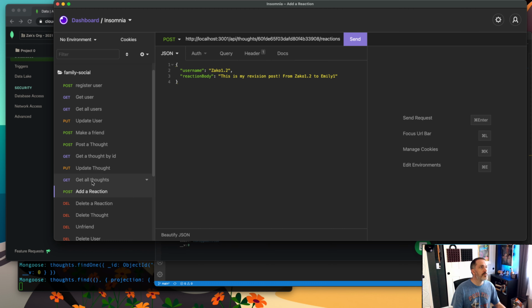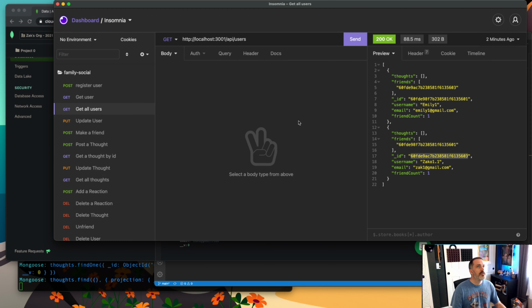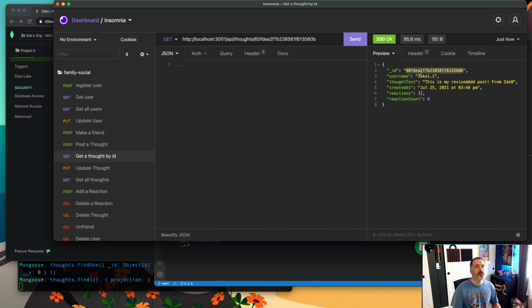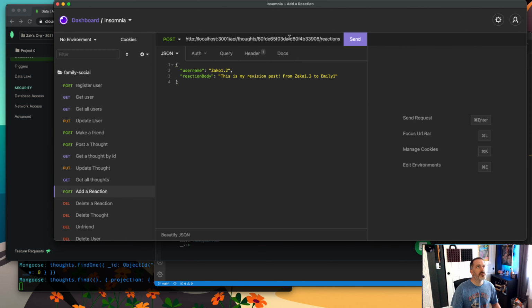So let's go to get all friends again. I'm going to take Emily's ID because she's going to be the one reacting to my post. That's actually the thought ID. So let's go back to thought ID and grab that thought ID. And we're going to replace this with the thought ID. And then this is going to be Emily, the username. So we need to get Emily's username to update